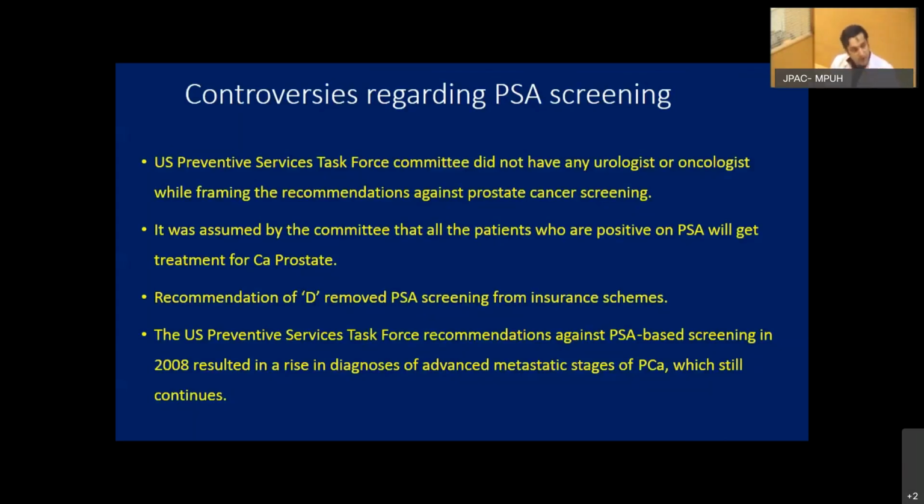So this led to a 25% decrease in PSA screening from 2008 to 2012. What happened was in 2015, when two studies were done, they again saw stage migration going up. The localized cancers in 2015 started to go up by 20% more. And again, the US task force